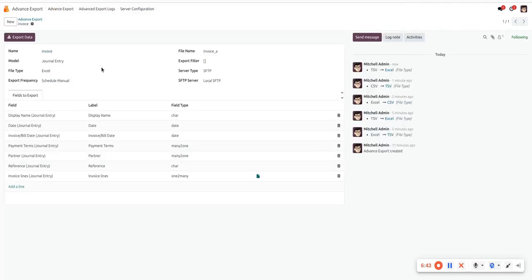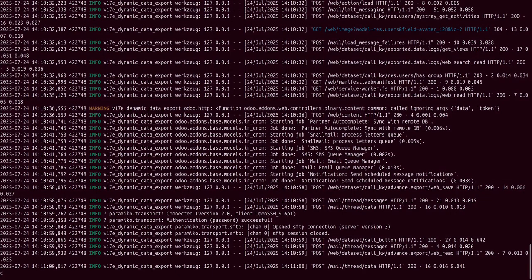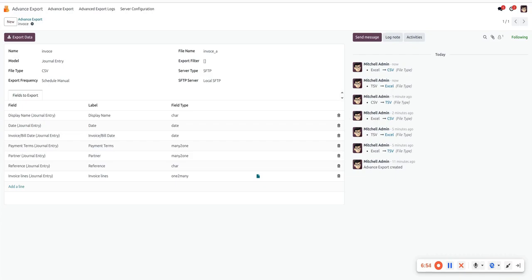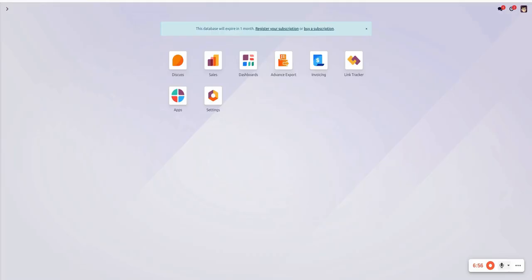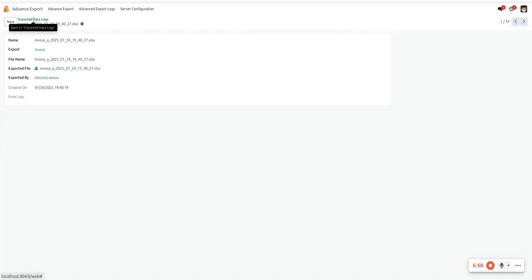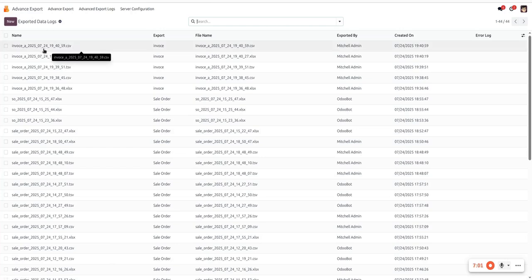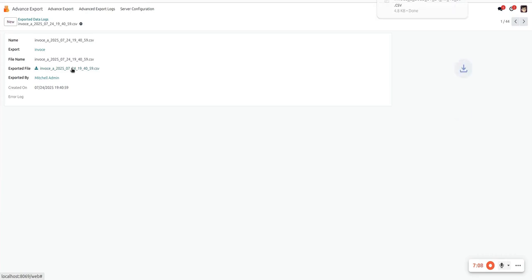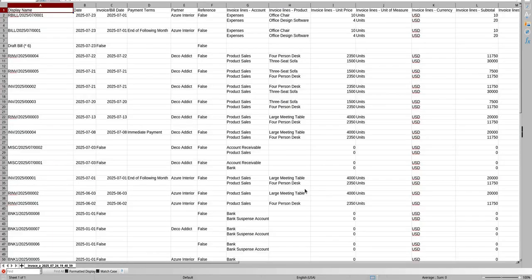And if you select CSV file, then save, and go back over here. Here you can see the CSV file. Also, it will contain date and time for better identification. And when you open this one, it shows the data,